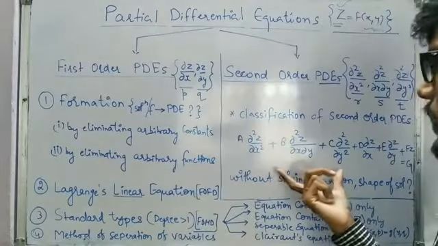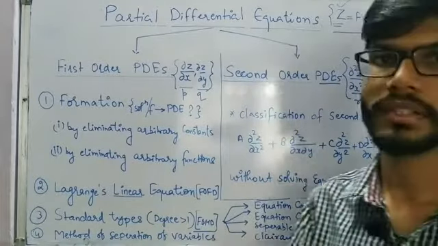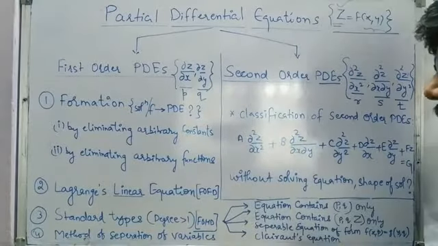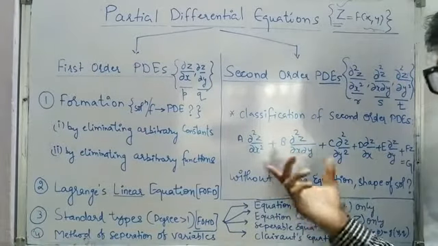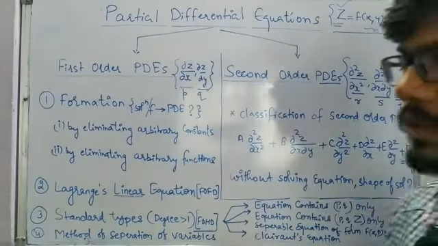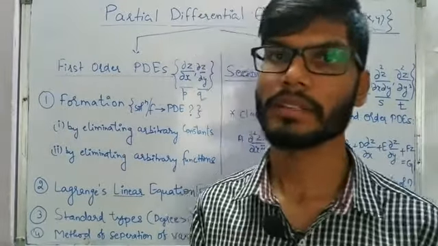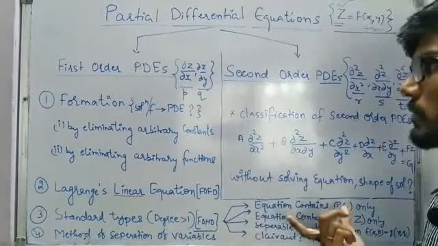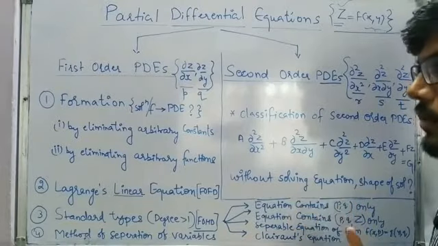Because if we solve this particular differential equation of order 2, we are going to get some solution, right? So how are we going to tell what is going to be the shape of that particular solution without even solving this general format? So based on b, a and c, we have a format something like b square minus 4ac. So if that is less than 0 or equal to 0 or greater than 0, what is going to be the shape of the solution? And based on that, we will try to solve a few problems also.